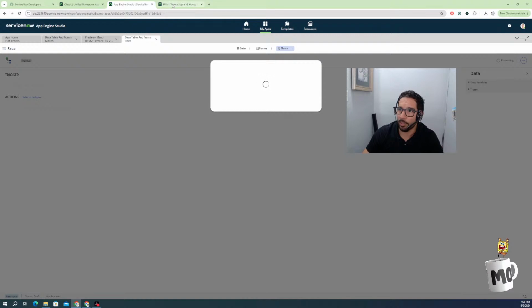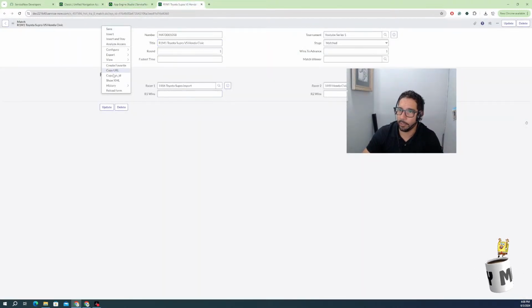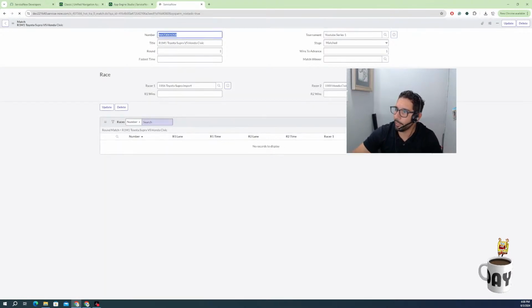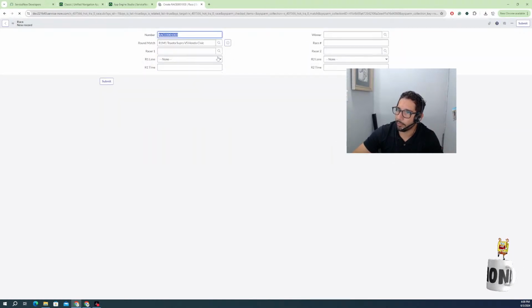Okay, so in the match, let me refresh this one. If we have a match, then they will have a race. So I'm going to manually create this one. Our racers should populate from the match, it should populate the races, right? So we know that racer 1 is going to be the Toyota and racer 2 is the Honda, right? And then according to the times,